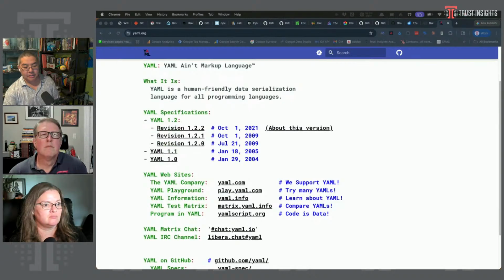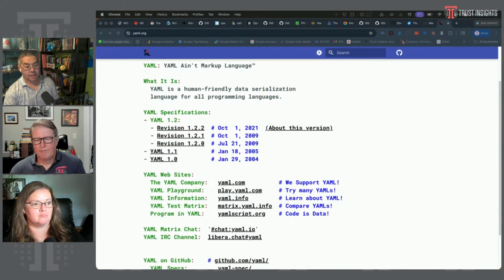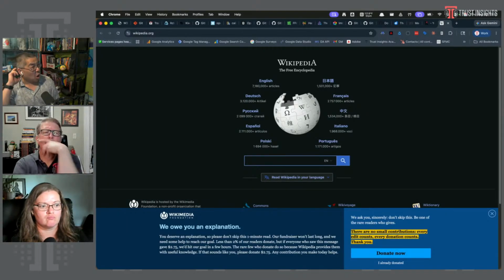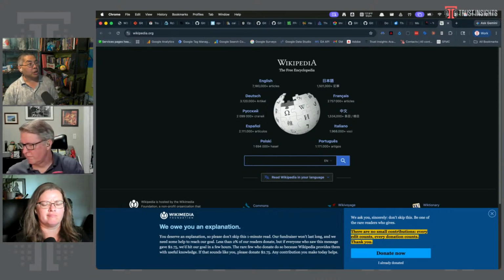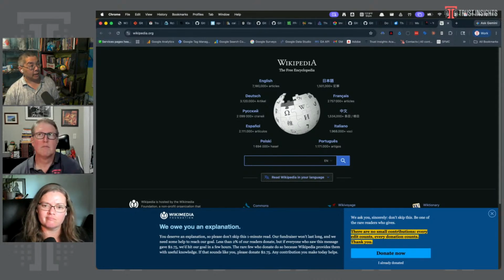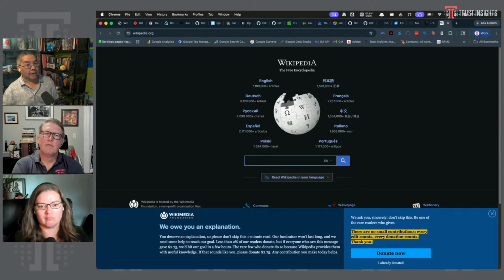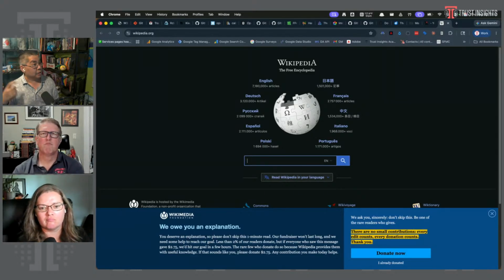Finally, the 7 places I would like to have copies of data. Number 1, Wikipedia. You can download it. If you download all of Wikipedia, it works out to about 115 gigabytes of data, which, you can get a 1 terabyte flash drive now, so this is not a burden. It's not going to fit on your phone maybe, but you could get all of Wikipedia downloaded and have that available offline and stored. And it's probably not a bad idea to do that from time to time.